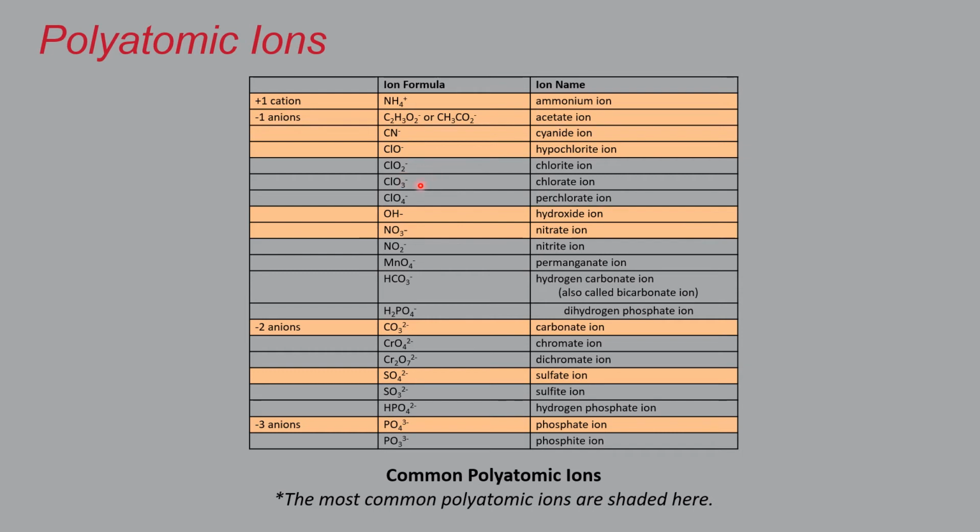So in the case of chlorine, ate has 3, ite has 2. In the case of nitrogen, nitrate 3, nitrite 2. And in the case of sulfur, sulfate 4, sulfite 3, and phosphorus, phosphate 4, and phosphite 3. So what it does tell you is the relative numbering of these things, but not the absolute. But you know that regardless of the element, the ate form will always have 1 more oxygen atom than